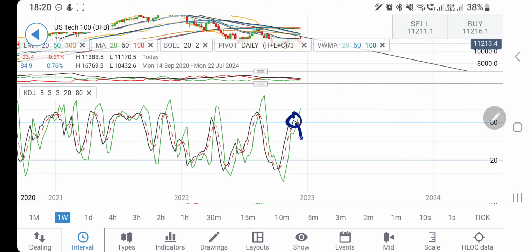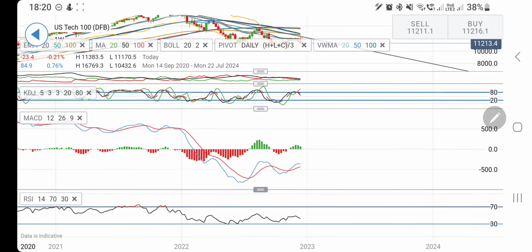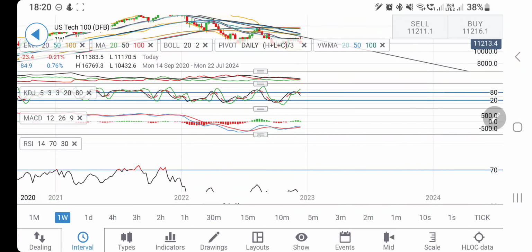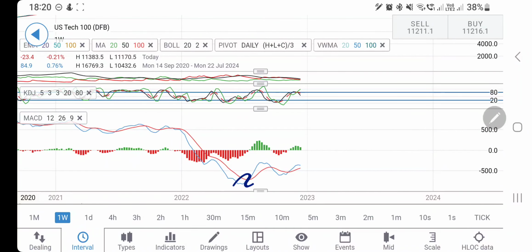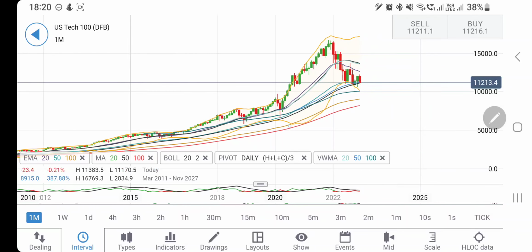The stochastic was overbought, now looking downwards after this good bearish candle. Now see, for the last 2 weeks when it was oversold, we have seen a good rise. Now again it is trying to trade with a drop. The MACD is in green and trying to converge here. The RSI is looking downwards, but look at MACD. The MACD is still on the red side of it, and it has the potential to continue with the bullish momentum.